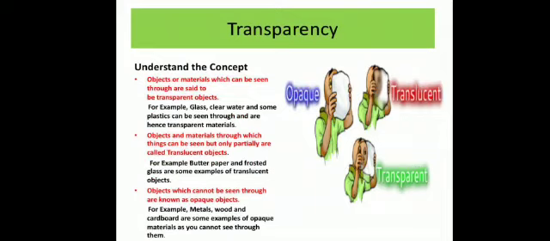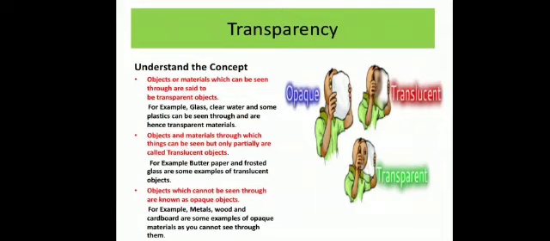Now those materials through which we cannot see clearly are translucent materials, like the glass window of our bathroom. So ground glass is a translucent material. Translucent means semi-transparent, partially you can see. Ground glass, butter paper, tracing paper, oil paper, tissue paper, muddy water, clouds, these are considered translucent materials.